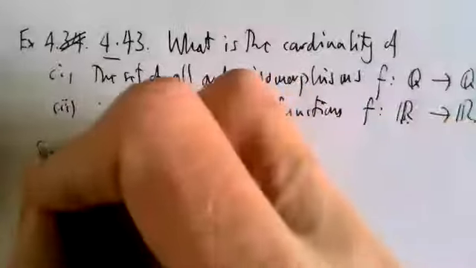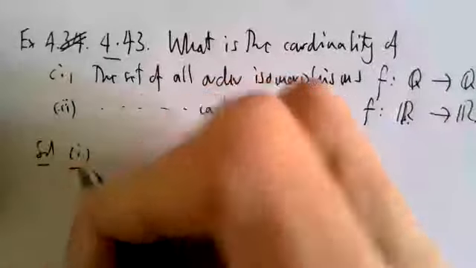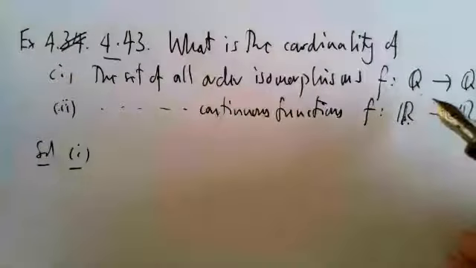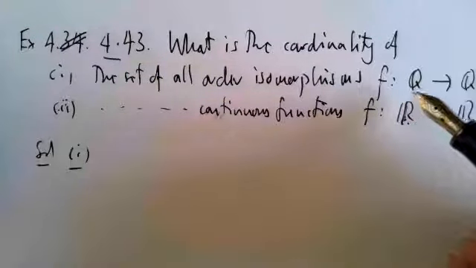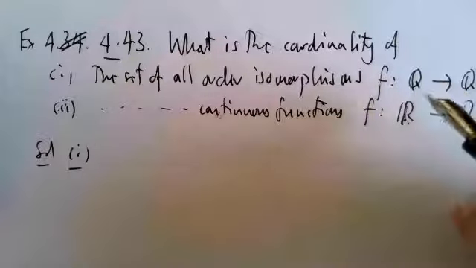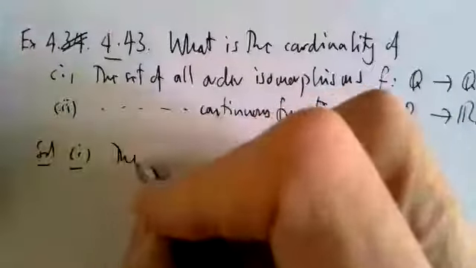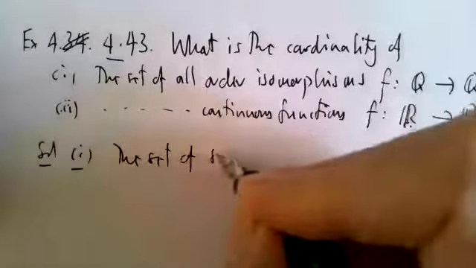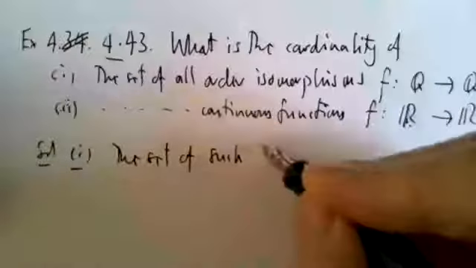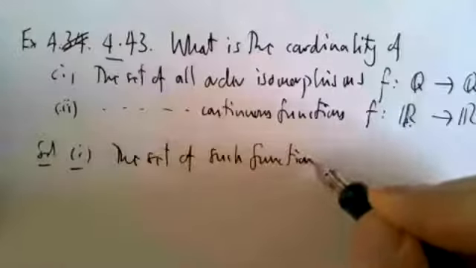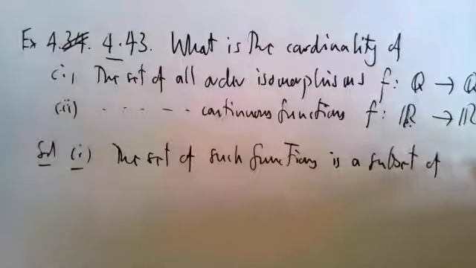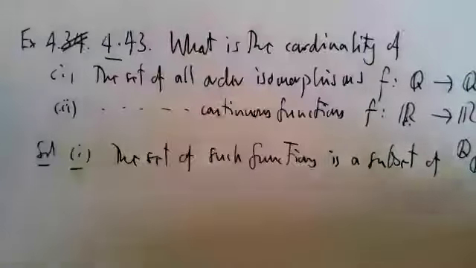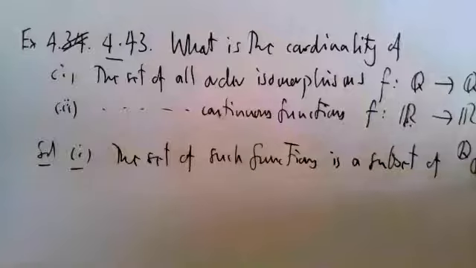So certainly any such function here is an element of Q to the Q. So the set of all such functions is going to be a subset of Q to the Q. So this has cardinality